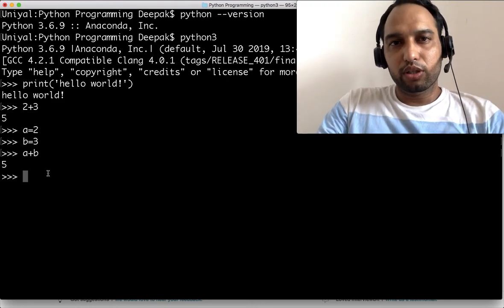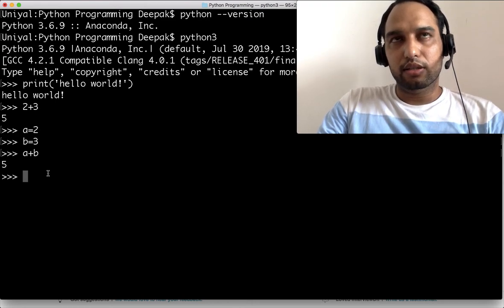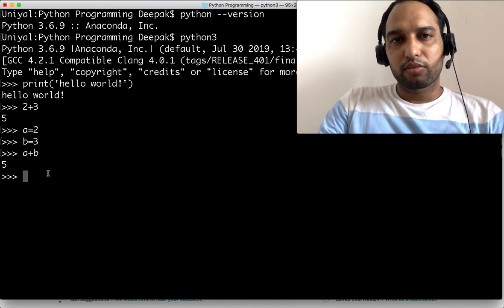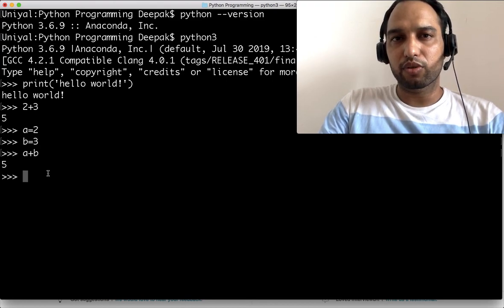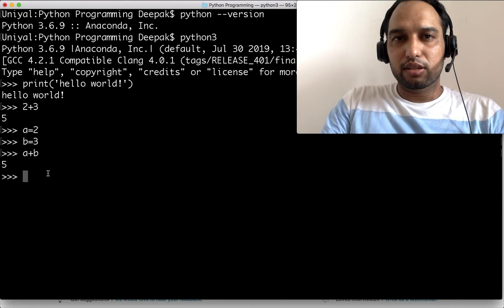So there are multiple options available, right? Whatever I am doing here in this Mac terminal, you can also do in the terminal of Linux, or you can do the same thing in Git Bash on Windows. But if you don't want to work in the terminal of any of these, you can always install Python, and then you will get some IDEs there. You can work on them and everything will be the same, right? So I think this introduction and the downloading and installation part is enough for this lecture.